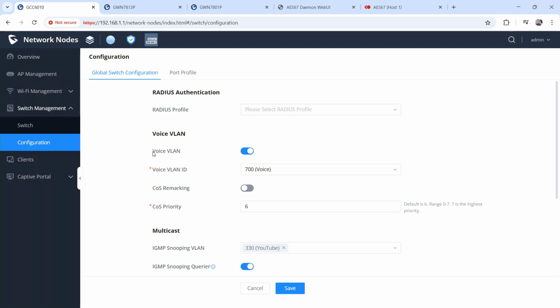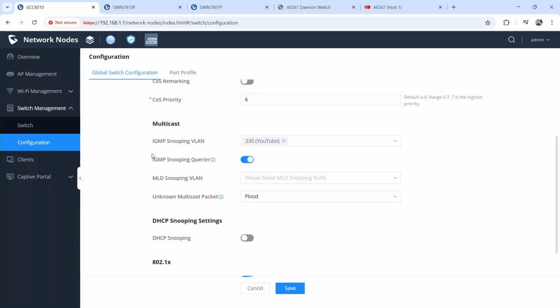So the first thing I did was I went into configuration. I told it to enable multicast on the YouTube VLAN, and I enabled IGMP snooping querier. So that enables multicast. Now, if you look back at